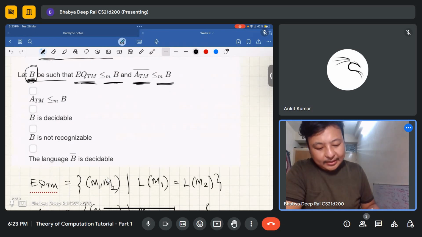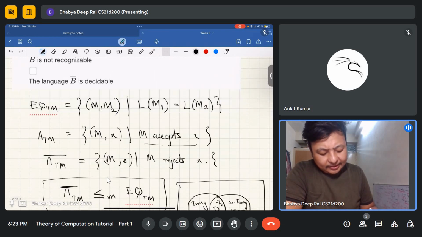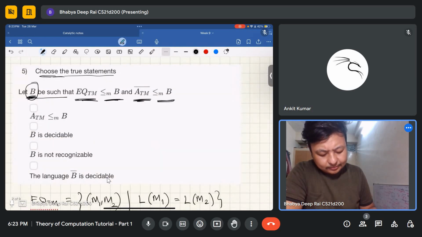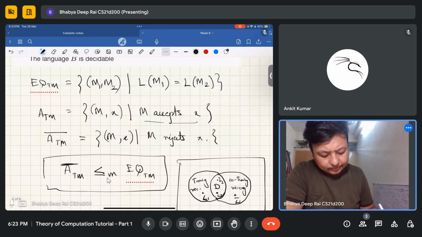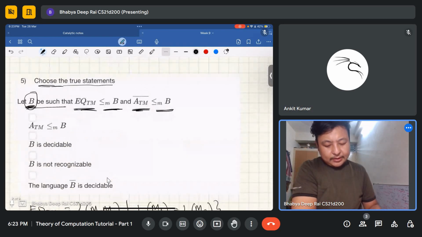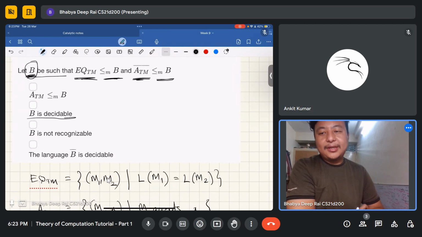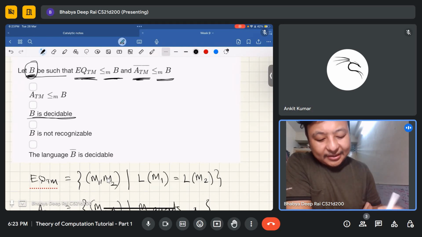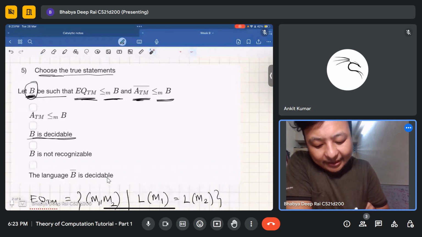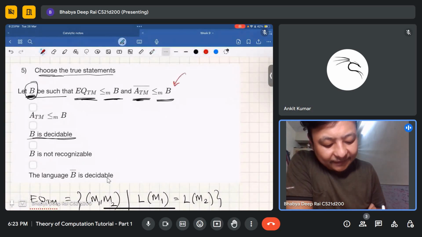Okay. So ATM bar reduces to EQTM. And now we are saying, first we'll look at this. B is decidable. Okay, let's check this. Is it true that B is decidable? Let's see what happens if B is decidable. If this becomes decidable,